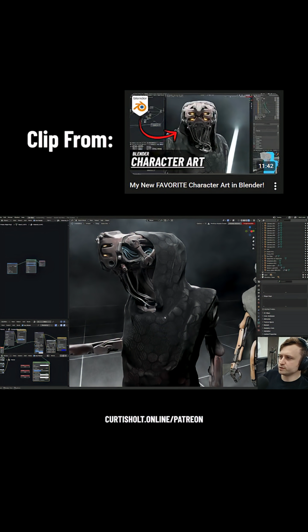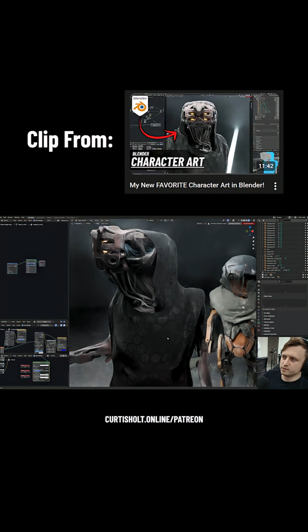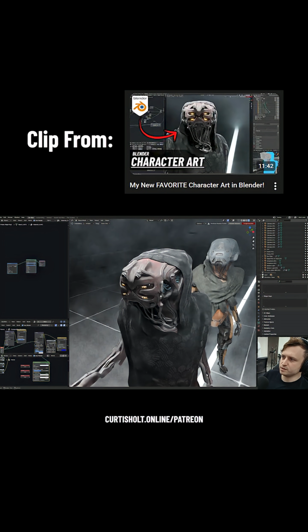This cloak was a bit tricky to do because I wasn't using Marvelous Designer or anything. I basically just had to resculpt it and try to make it look natural enough as much as you can with manual sculpting of cloth. There are cloth brushes. Some of them are okay, but they're a little bit finicky to use, especially for something